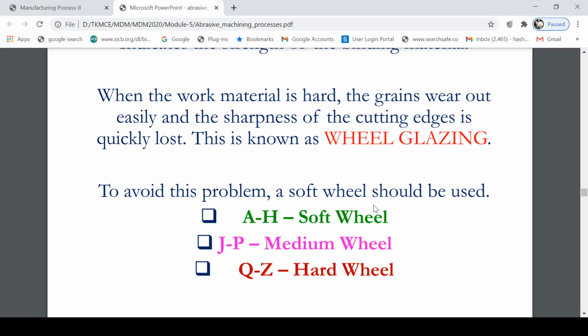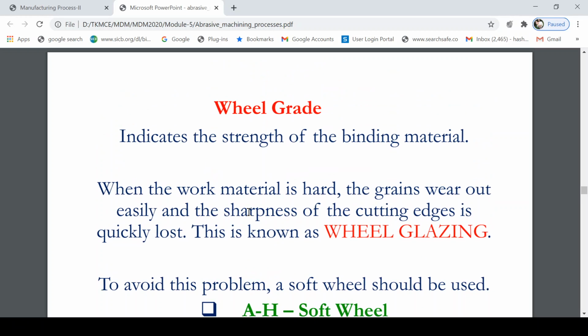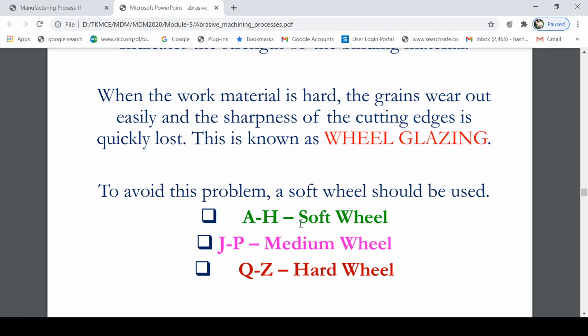So these are the representations of the different types of grades. A to H is normally used for soft wheels, so this can be used for hard materials. And J to P is medium wheel. Then Q to Z is for hard wheel, and this is widely used for machining soft material. If you are using a soft wheel for machining a hard surface,